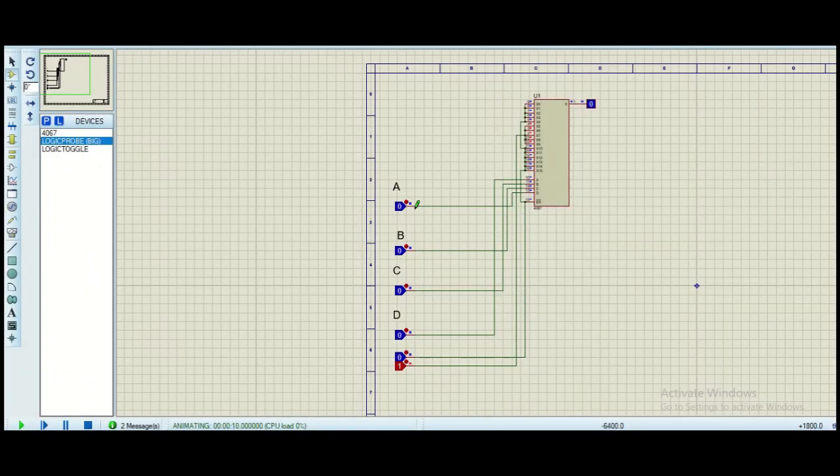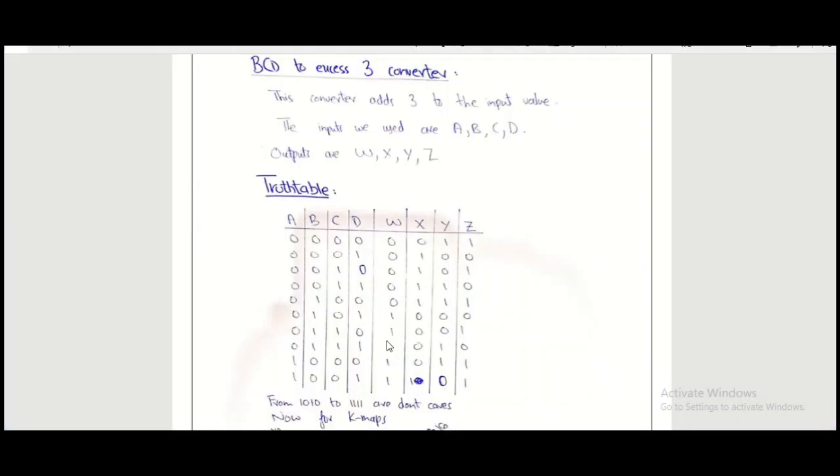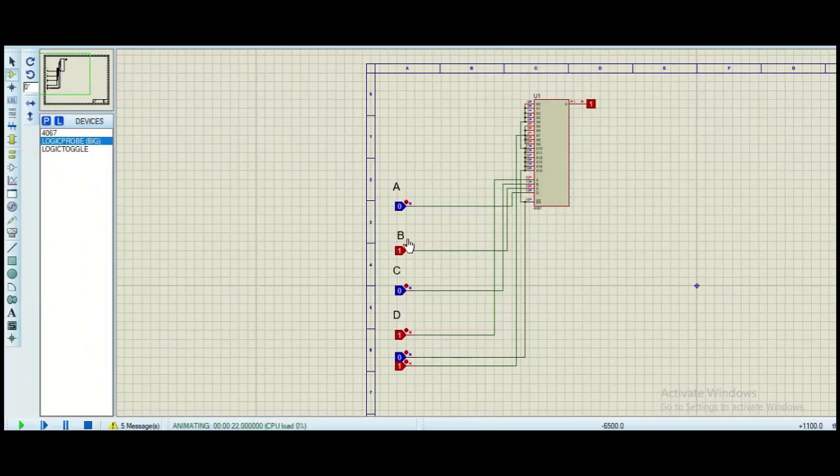Now basically our output comes 1 when we give 0 1 0 1 at the input. So here we will give 0 1 0 1 and you can see the output is 1. Now we will check another input combination, which is 0 0 1 1, which will give us 0. The output is 0 as you can see on your screen. Similarly, we will perform it for the other outputs too.